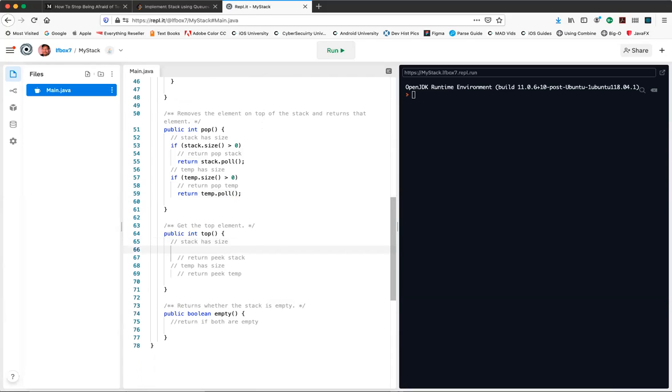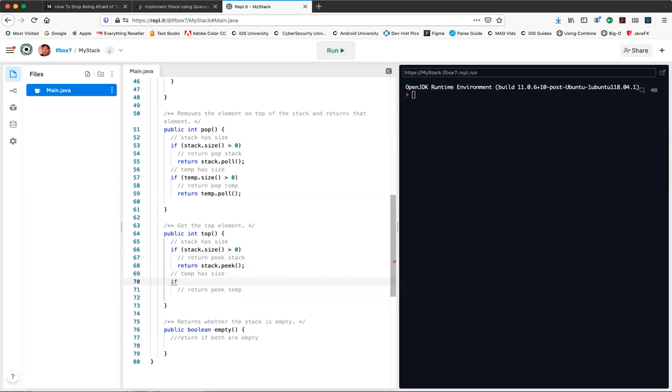So basically, we're just going to keep doing this for this next one, with the same construction, the same basic principle. We have size greater than 0, and we're going to return, in this case, from stack to peek, because peek is the same one. So that makes it easy to remember that one. And then if temp has size,